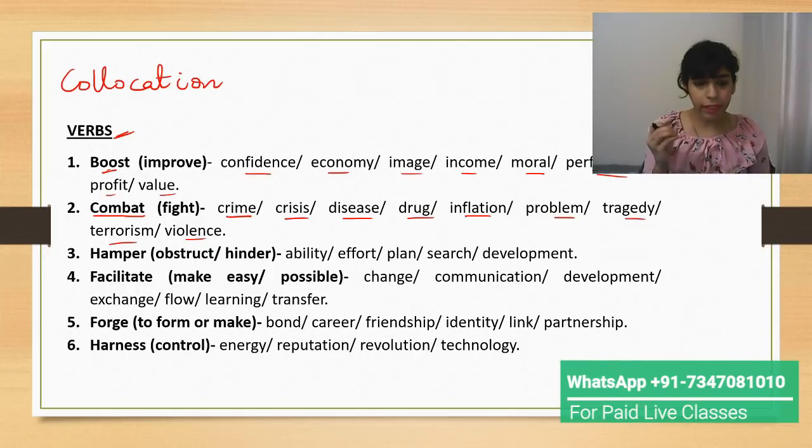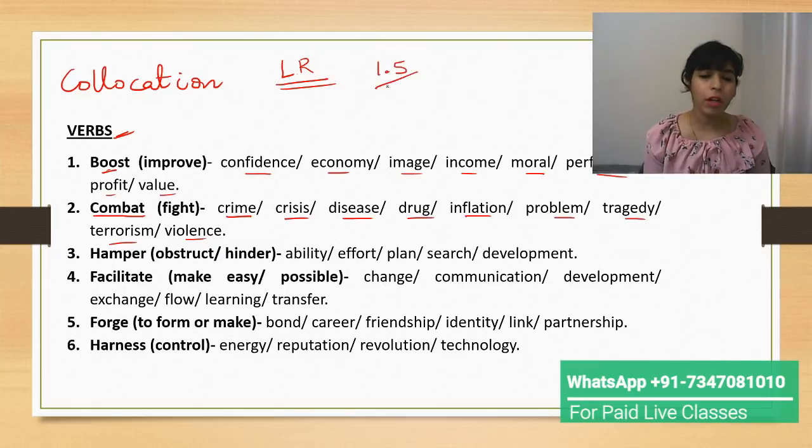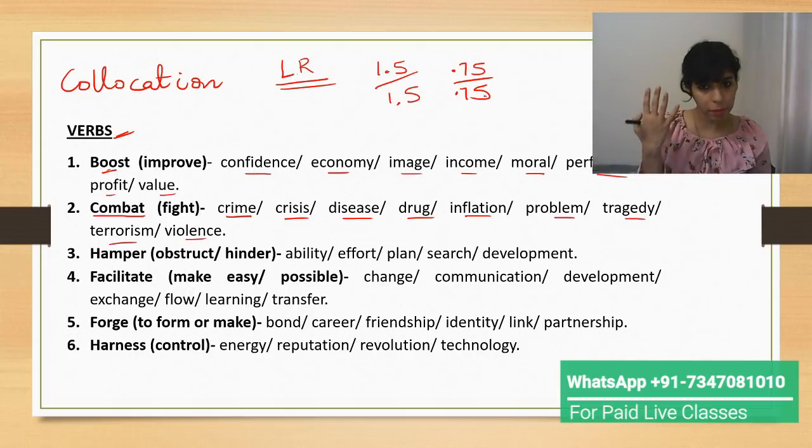Guys, do you know one thing? Whenever you are writing an essay, what actually happens, you are using wrong vocabulary. And lexical resource is the only assessment criteria in which you can score 1.5 out of 1.5 in essay writing, 0.75 out of 0.75 in letter writing. Now you must be thinking, why 1.5, why 0.75? We have 4 assessment criteria, and for essay writing the score is given out of 6 because it is 2/3 of the total scoring, and in letter writing the score is given out of 3. So it's 0.75 for each assessment criteria.